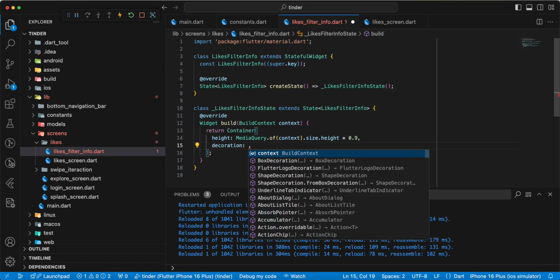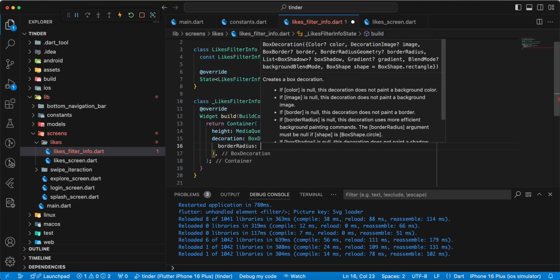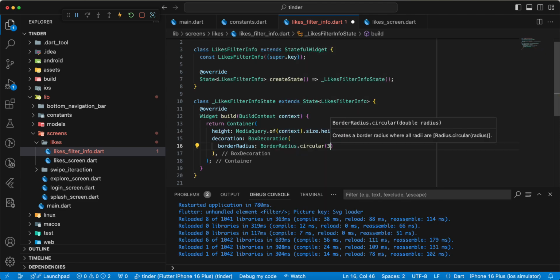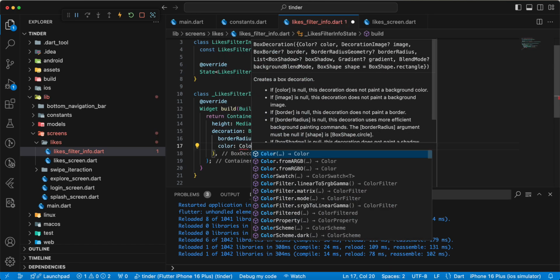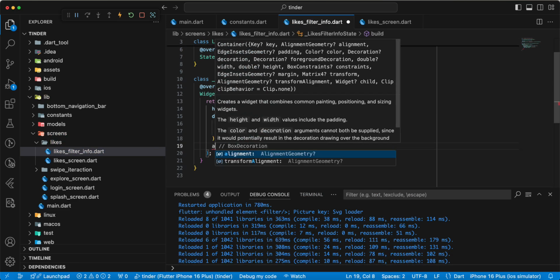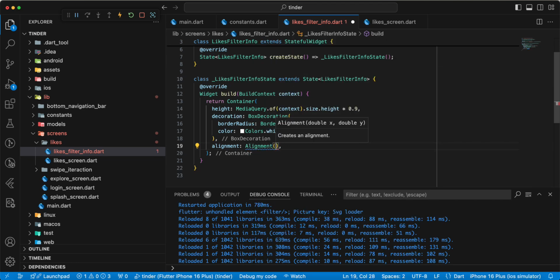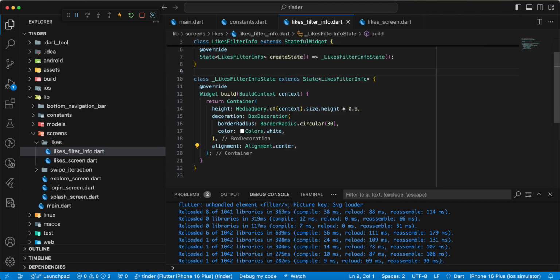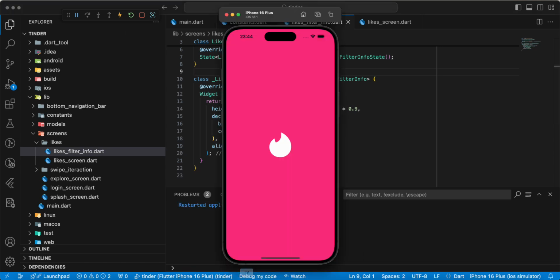then we write decoration, add BoxDecoration, write borderRadius, write BorderRadius.circular, write 30, write color, write Colors.white, and then we add parameter alignment, Alignment.center, hot restart,